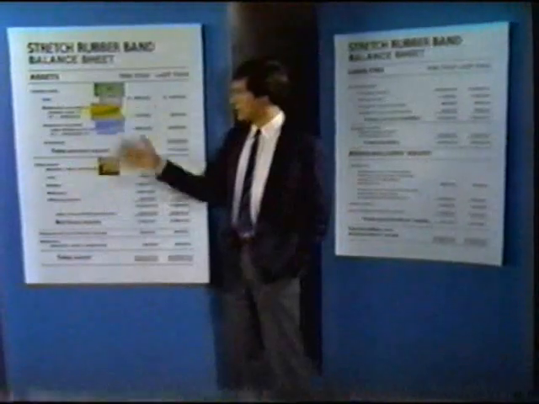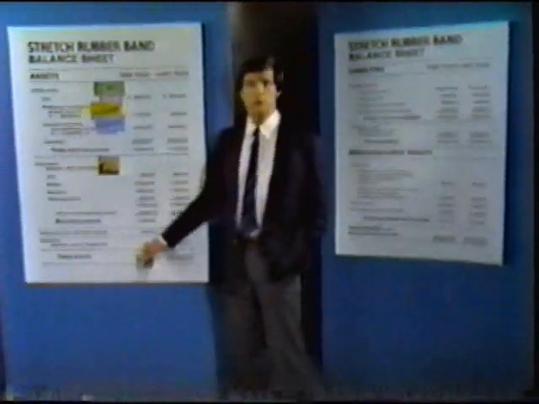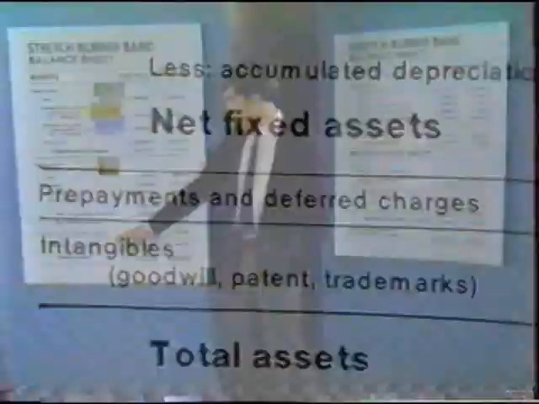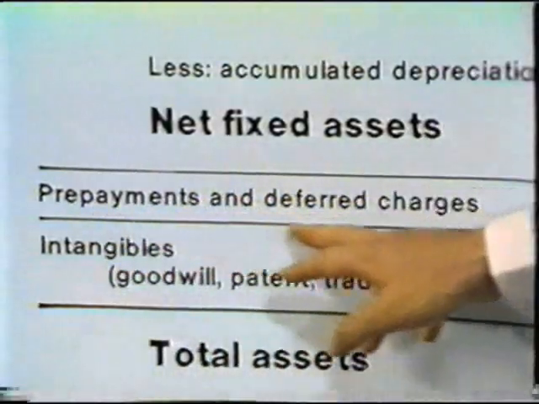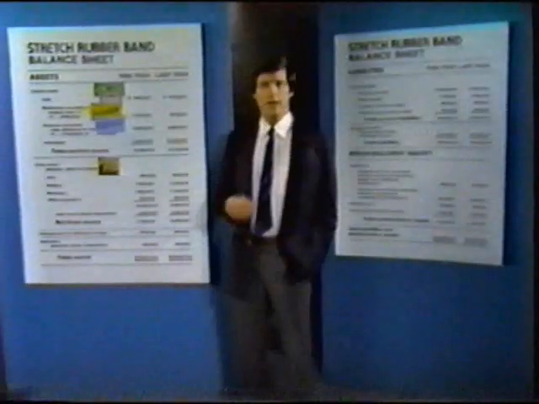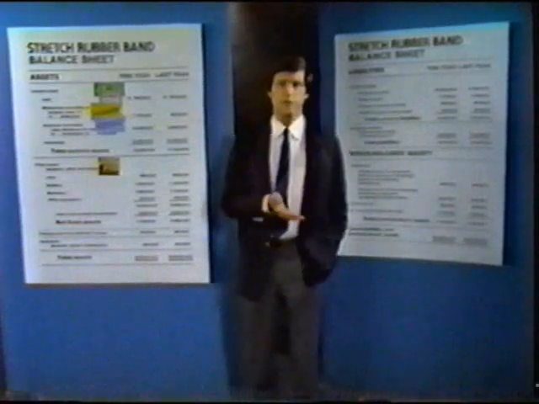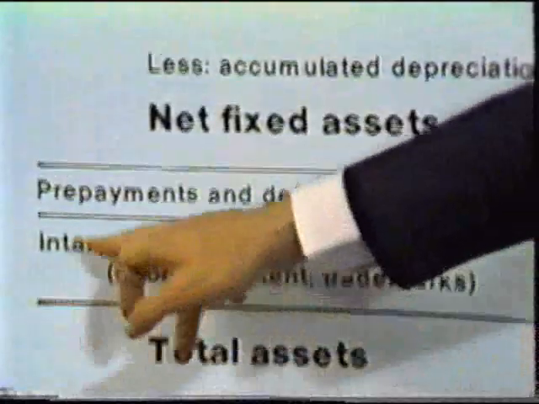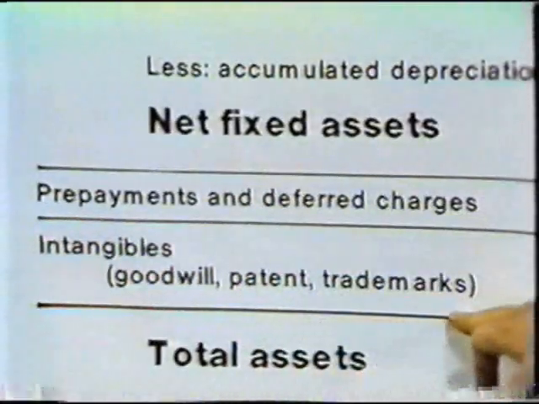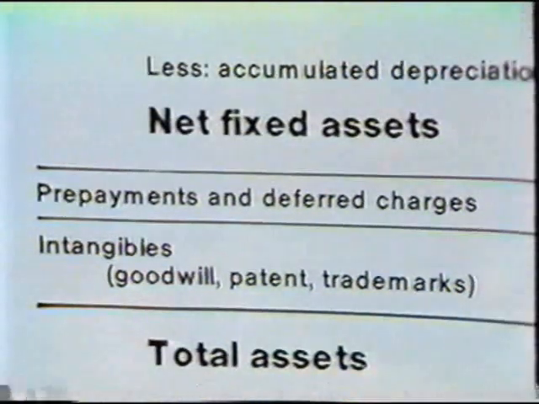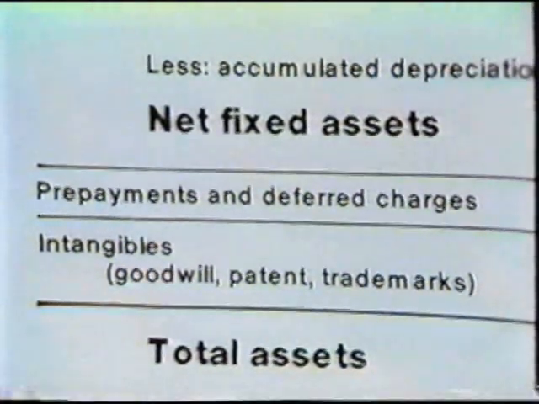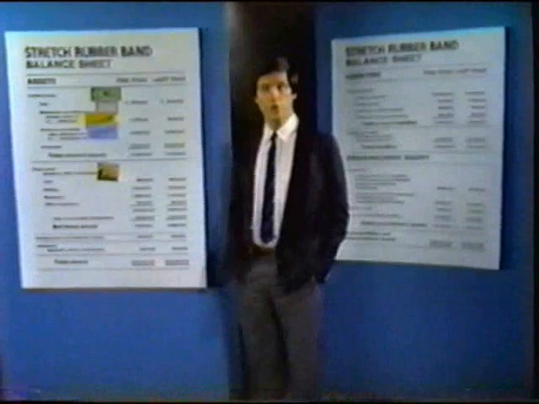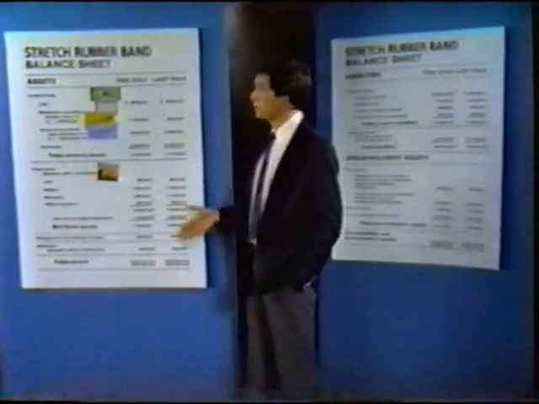In addition to current assets and fixed assets, we've got two other very minor categories. This one here is called prepayments and deferred charges, and that's like items you pay for at the beginning of the year, like insurance, whose benefits come to the company over the next few years. And down here are intangibles. That would be trademarks, patents, even the goodwill, Stretch's name, a very, very marketable commodity. Taken all together, these are Stretch's total